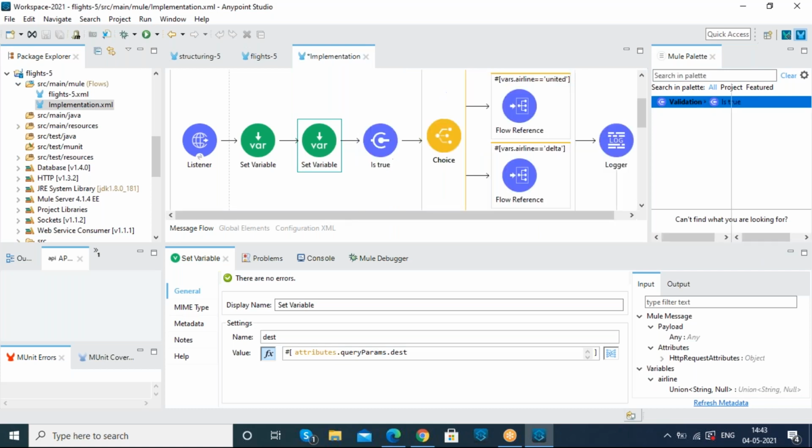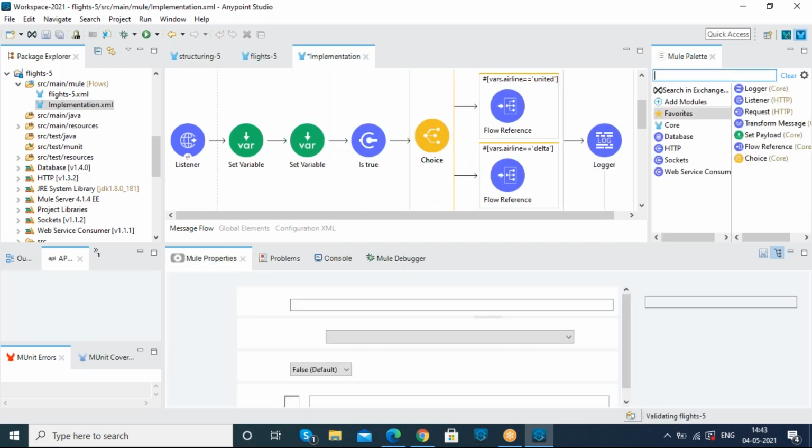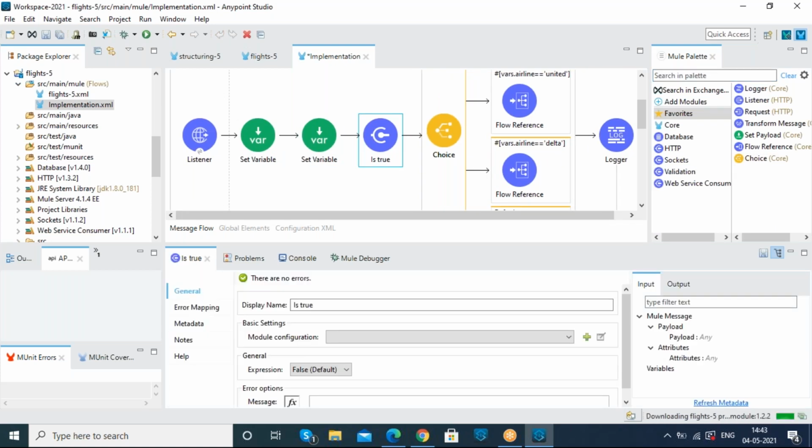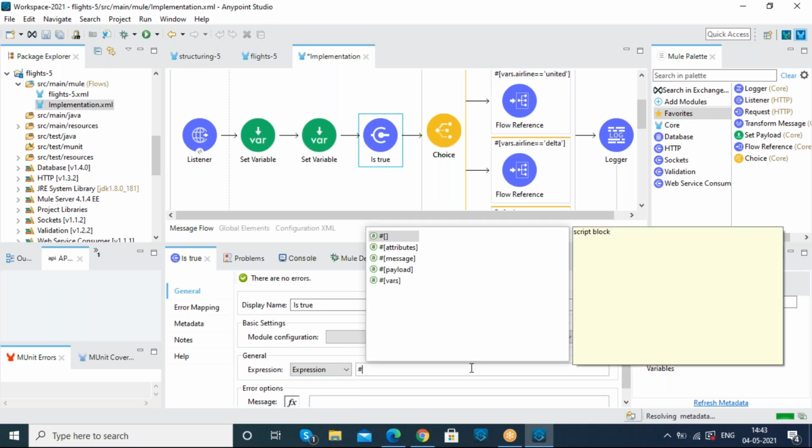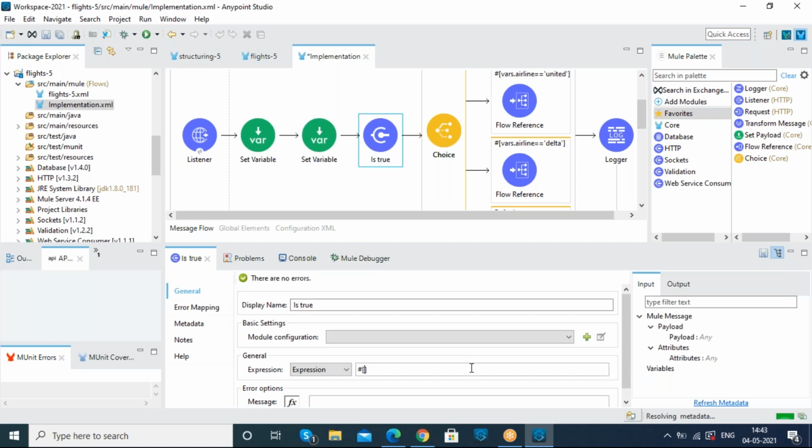Here I want to apply a condition. In the isTrue validator, I go for an expression. How many destinations do we have in our flights? Only 5: SFO, LAX, CLE, PDF and BDX.